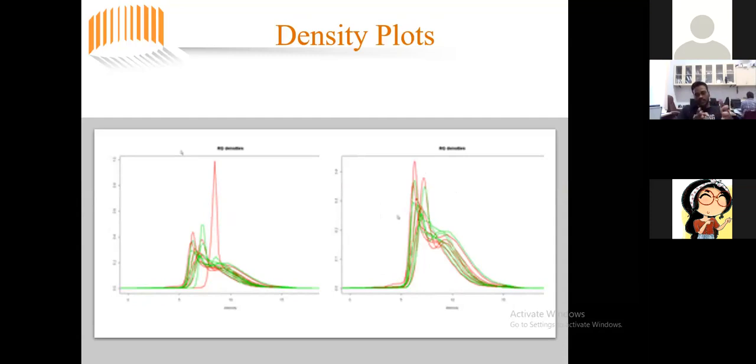In the first case, on the left side, the density varies between the two channels, red and green, whereas on the right side, after normalization, the intensity distribution follows a single line pattern, more corresponding to a normal distribution.